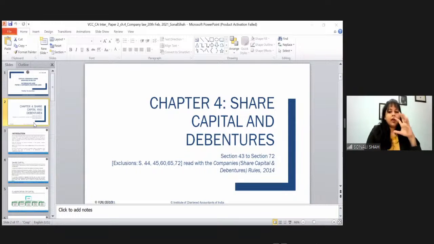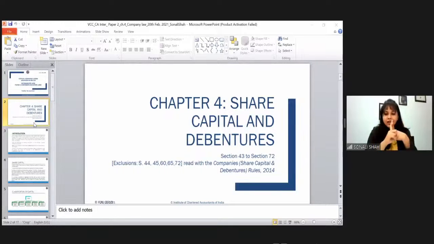Okay. Under chapter 4, I will not take up the sections, but let me just give you a brief. I know it has become too much and it will cause confusion to you, but let me give you a brief that in chapter 4, we are going to talk about share capital and debentures. So we know there are companies which are incorporated with share capital. So under this chapter, we will talk about the different types of share capital, like equity and preference share capital, the debenture capital, and about differential voting rights. So all these concepts of share capital we would be covering in this chapter, right?